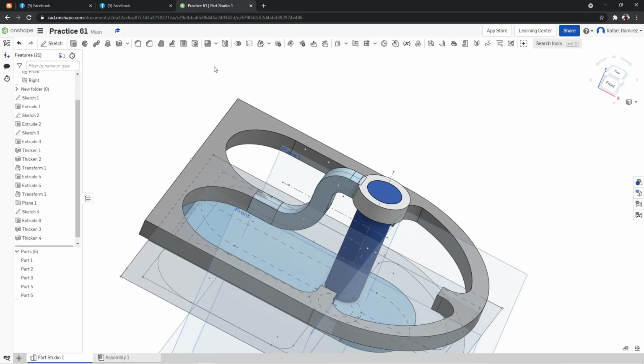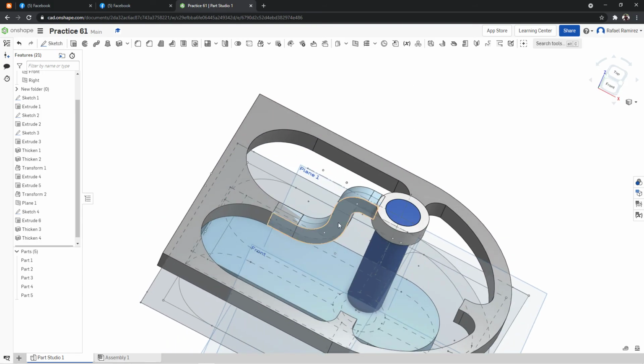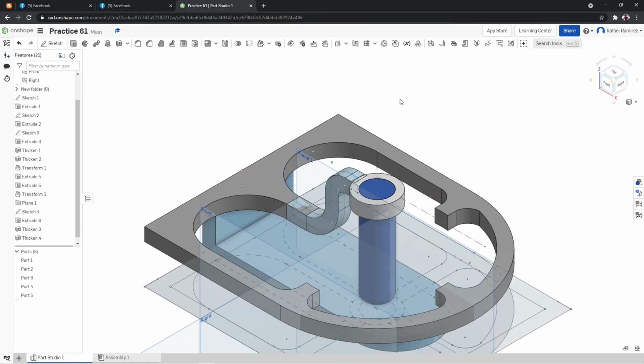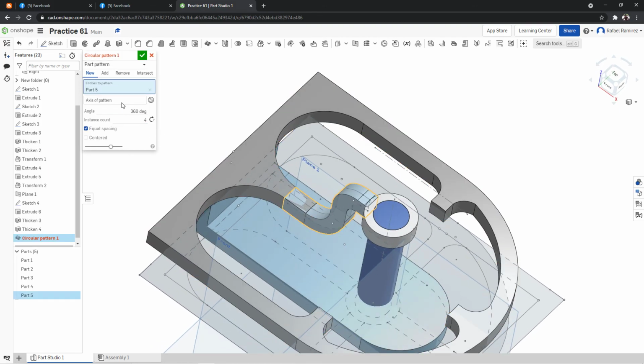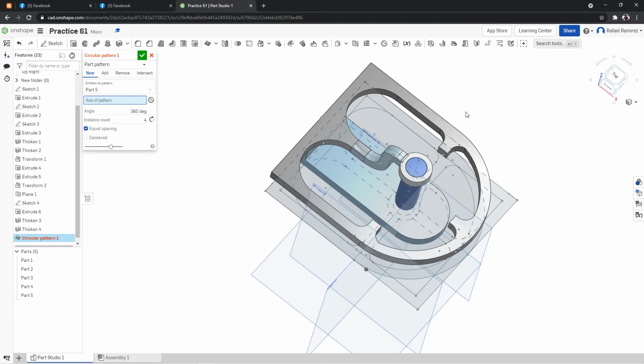And what we're going to do next is, this is going to be a trick I'm going to show you. Instead of manually doing the same steps that I've made in order to create this S-like figure on all four sides, in order to make use of the tools and to be efficient, we're just going to use this tool, the circular pattern. So we are going to click on this, and then the axis of pattern, since this can only be used if and only if